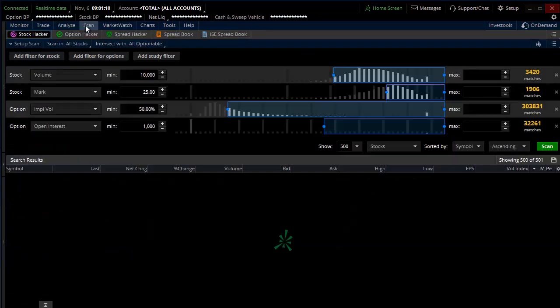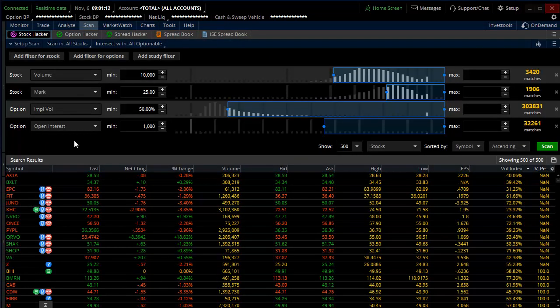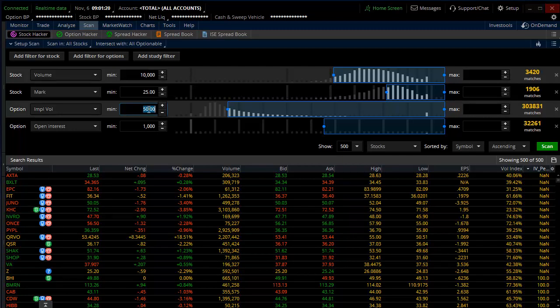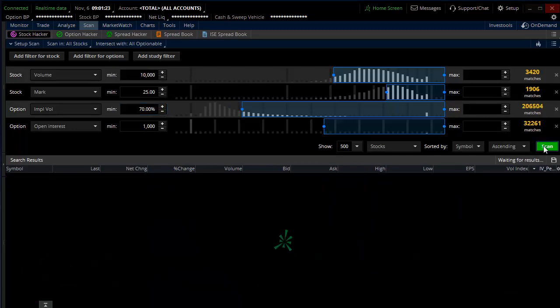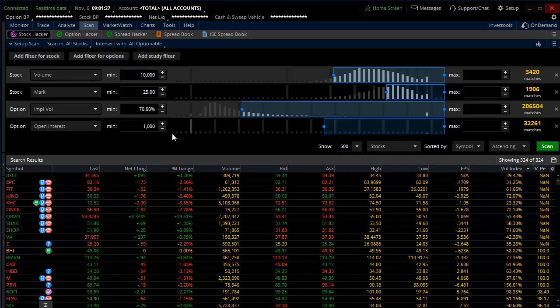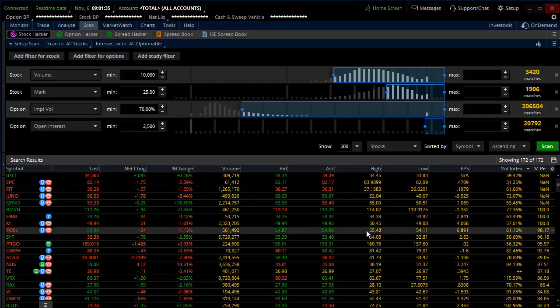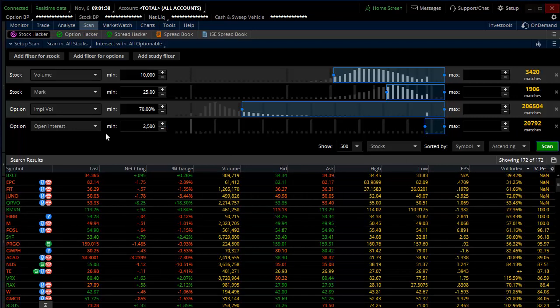But anyway, using this scan tab, you can experiment, and you can play around with all different features in here. Let's say I wanted to increase the implied volatility to 70%. All right, I want more than that. I want to get the higher ones, and I want higher open interest. I want 2,500 contracts open interest. I want to scan for that. Eventually, if you're drilling down to where I'm only looking at a handful of the most liquid, highest implied volatility